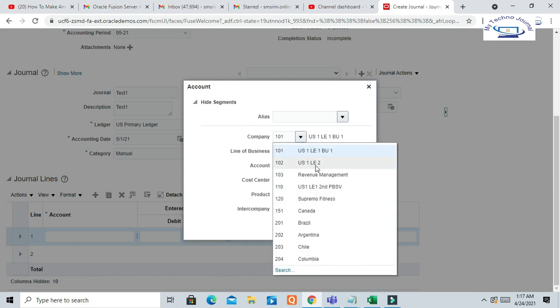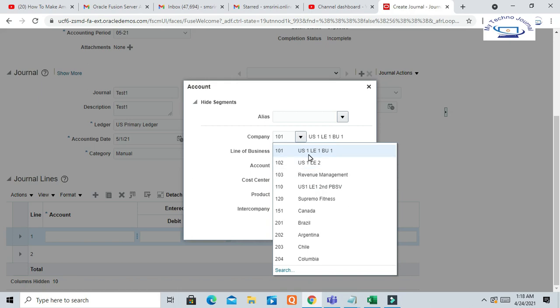Try to understand the concept here. Company segment means it is a specific legal entity. At the company segment level, we are balancing our journal entries.